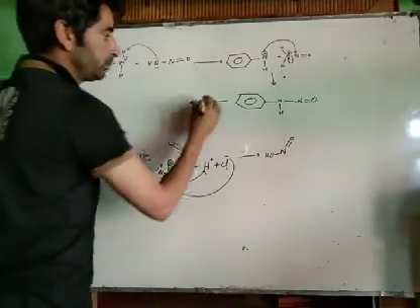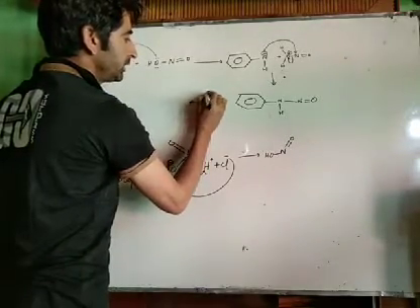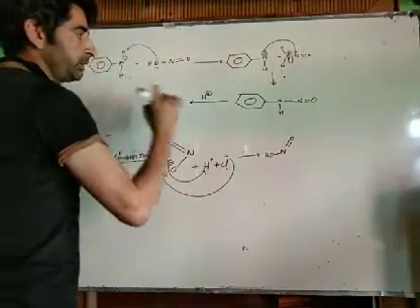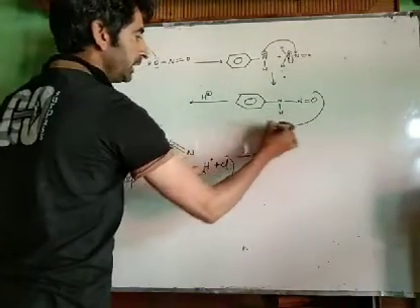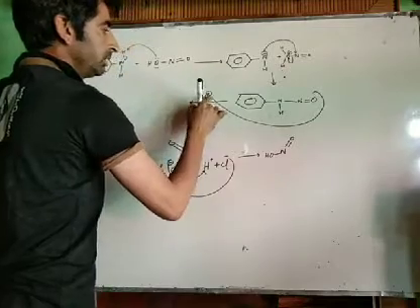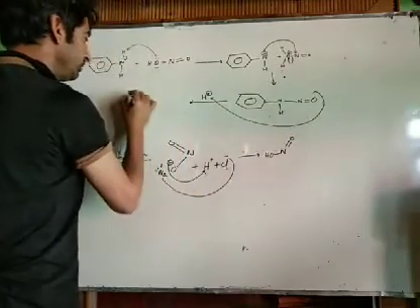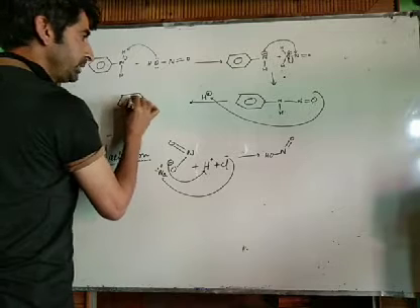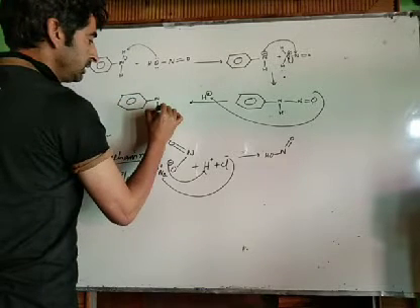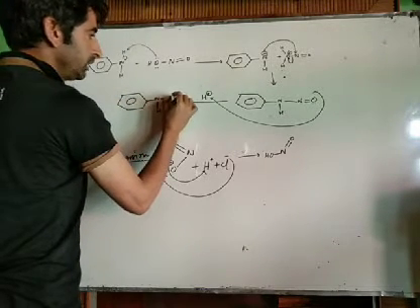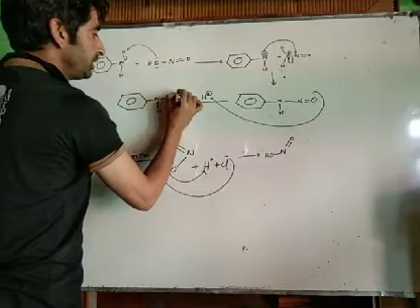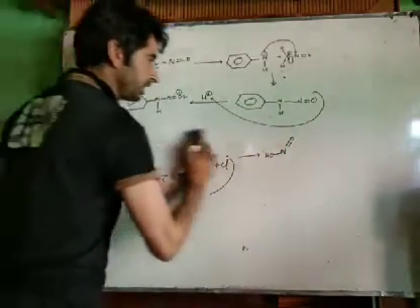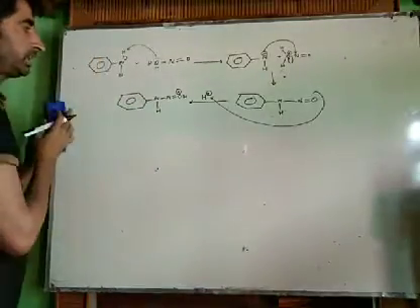In the next step, H positive ion attacks this because we are treating with water as well. H positive ion will be attacked by the oxygen atom. So what are we going to get? We will get this type of species. This is NH and this is N. This is double bond OH. Now there is a positive charge on the oxygen atom because the lone pair attacks. Whenever a lone pair attacks, a positive charge is created.